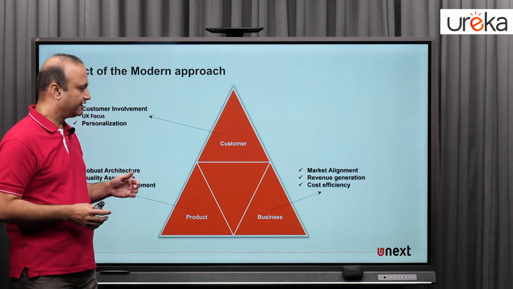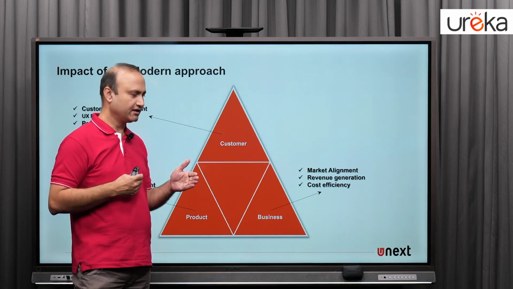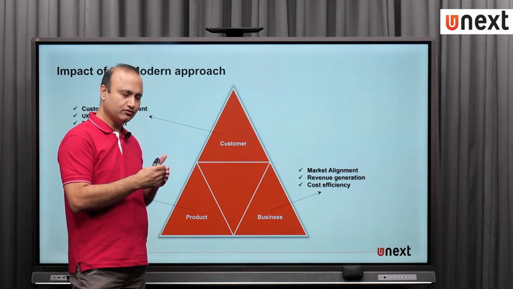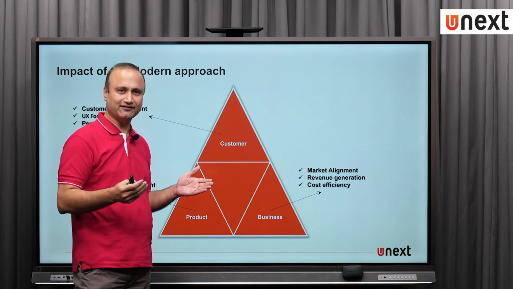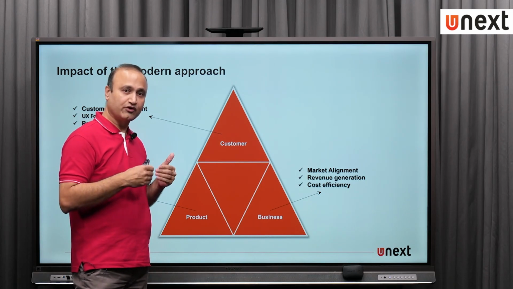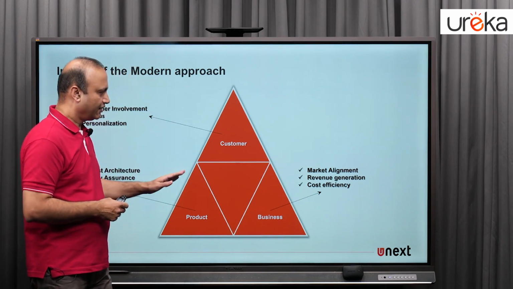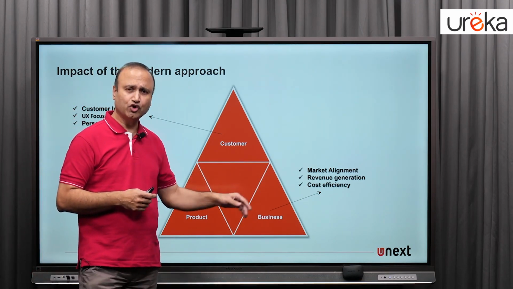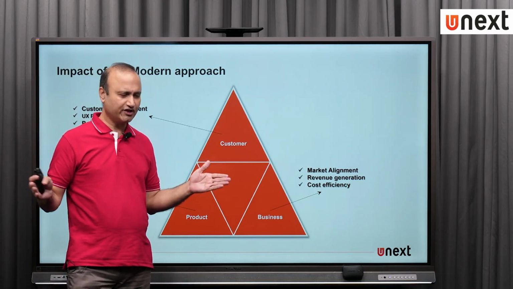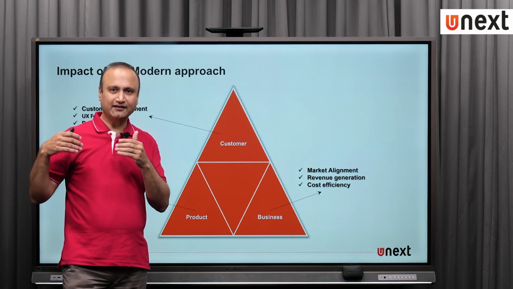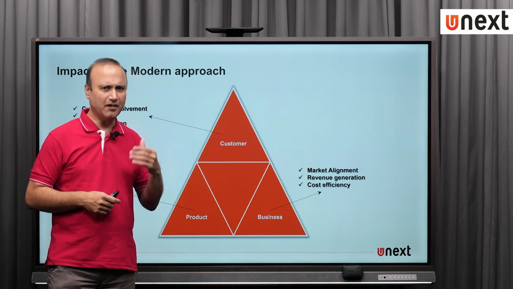What this means is by cutting short the gap between the end user customer and the designers, we are trying to take the shortest path to the market, which means the time to market for the product is shorter. This allows for more releases to happen. This allows for more relevance to be built into the product. It also brings in a greater control over revenue generation. The traditional approach with its long cycles of product usually meant that the product would have been designed at some point of time and generation of revenue would have happened much later.